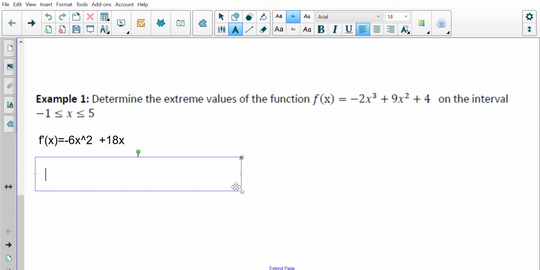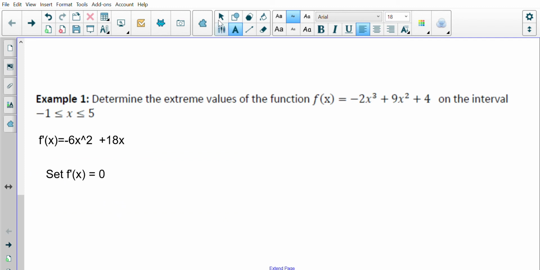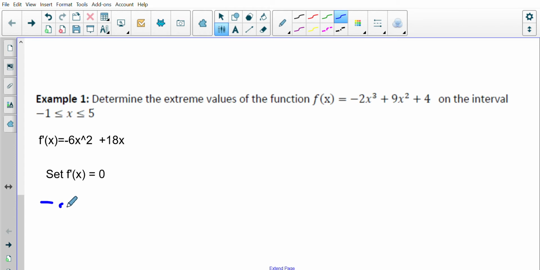All right, so I'm going to set f prime of x equal to 0. That's what that means. That's where our derivatives, or where our horizontal lines are going to occur. All right, so I have my -6x squared plus 18x